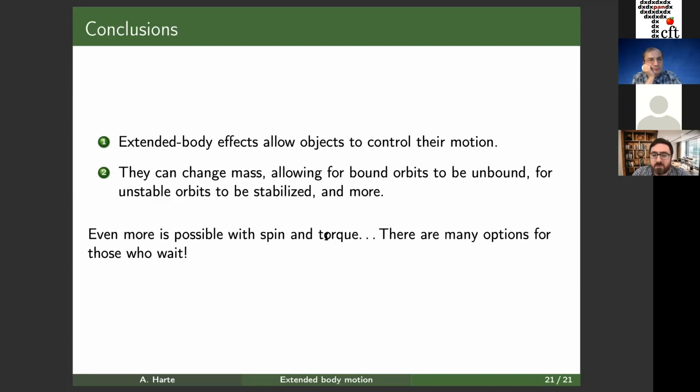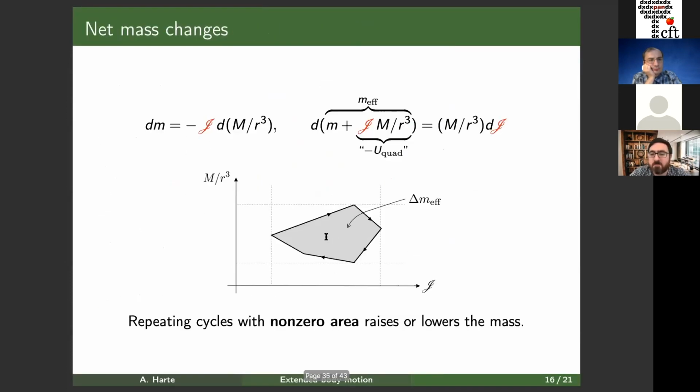Okay, so I may not be as specific as you would like, but in this spin-free, torque-free regime, which is a very specialized case, there's only really one parameter that you can vary, which is this quadrupole moment J. Your natural motion of the object is changing this curvature, and so if you control J along some path in this space, in the way that you were saying, then you will have a non-trivial effect.